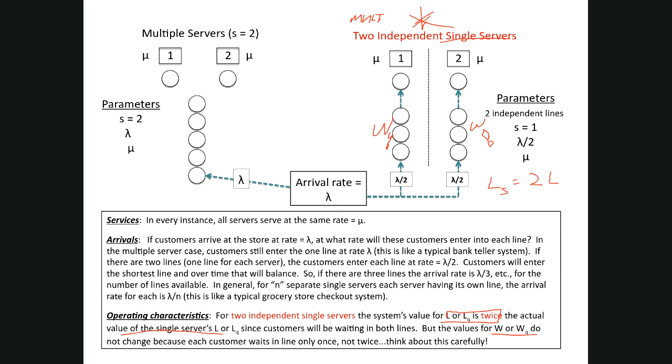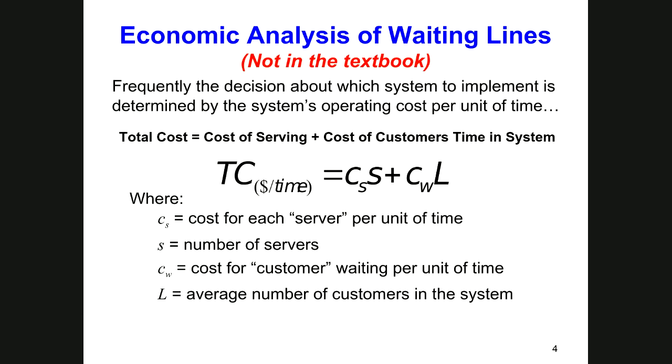Think about that carefully. Now, the last thing we want to talk about is the cost of operating. We haven't really talked about this, but we do want to give you a way to analyze how much it costs to operate a waiting line system. And the formula is fairly straightforward. There are some modifications that could occur, but we're going to calculate the total cost for operating the system, and it has two components: